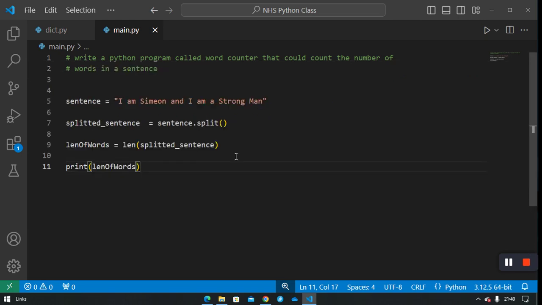So you can say the amount of words in that sentence is